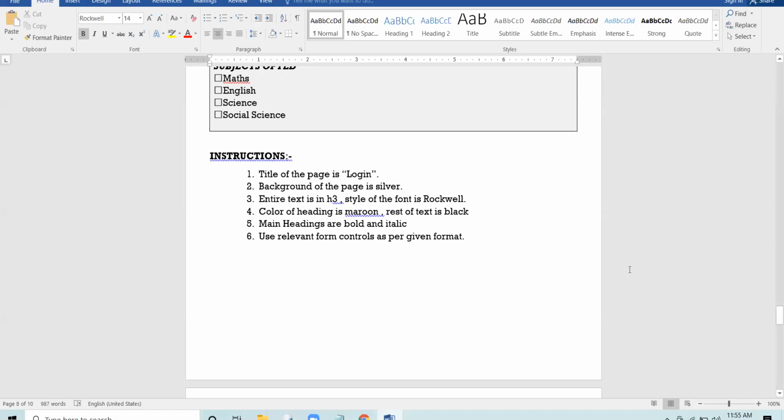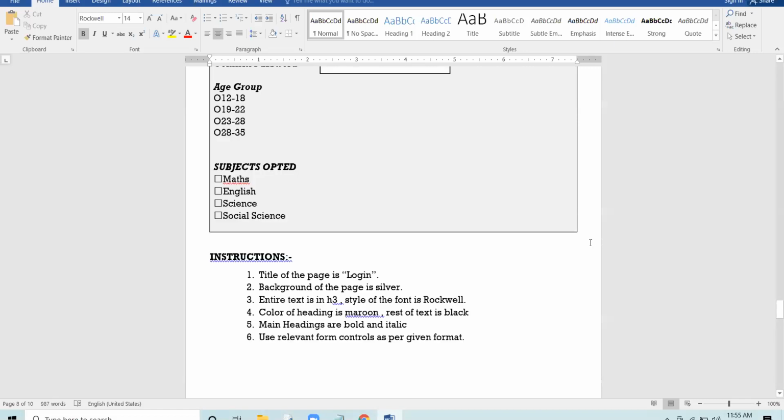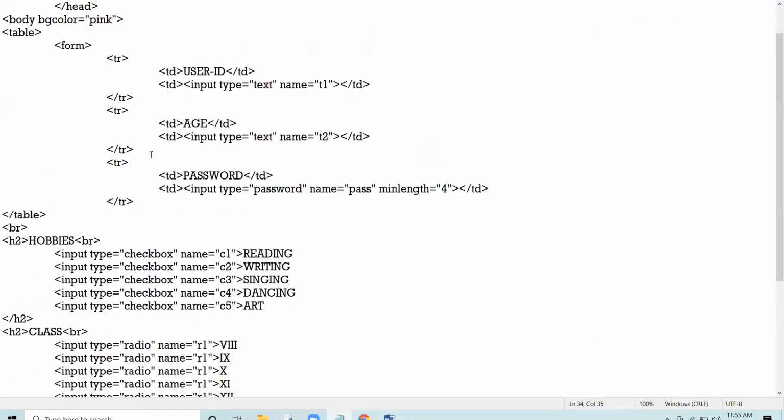Type the coding in proper formatting manner, keeping in mind all the rules, all the formatting rules. Okay? You are not to do this that all the tags they are coming in one line.